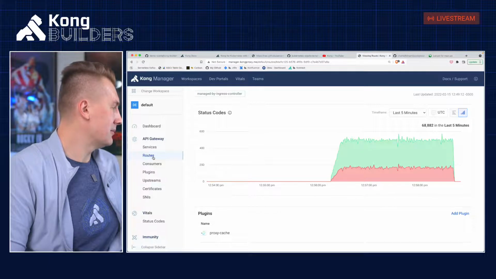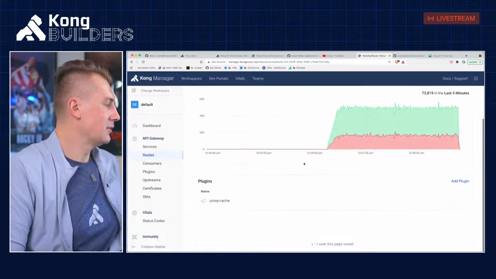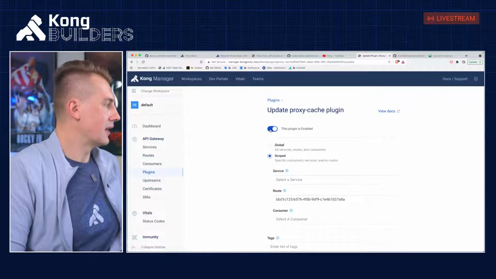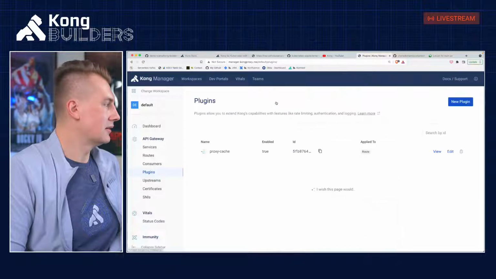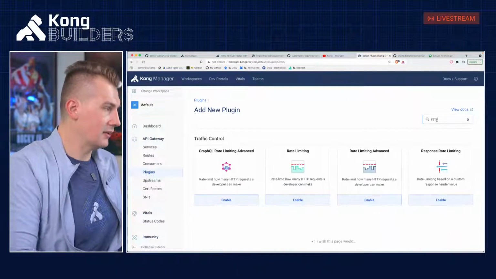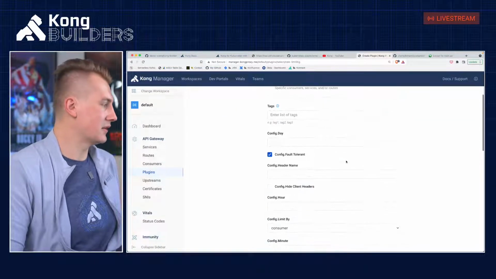I will enable for this back to future route a new plugin. We will call it rate limiting. We will introduce a different type of errors.